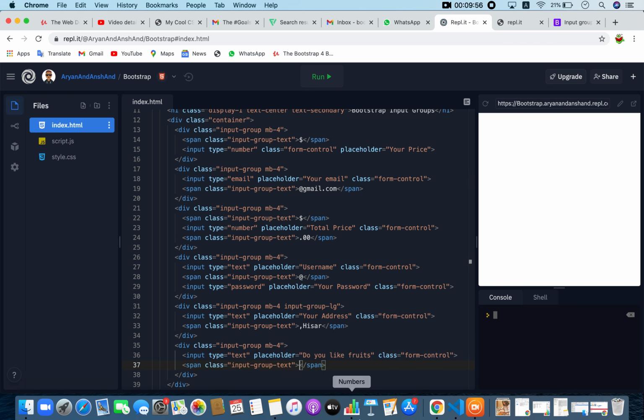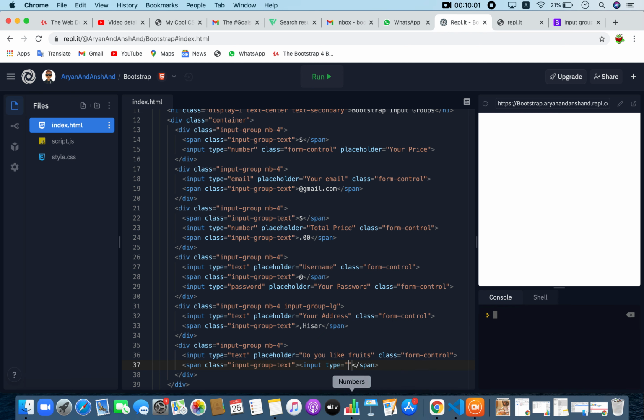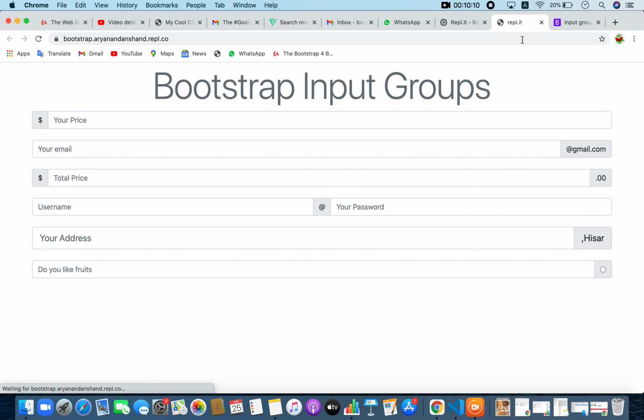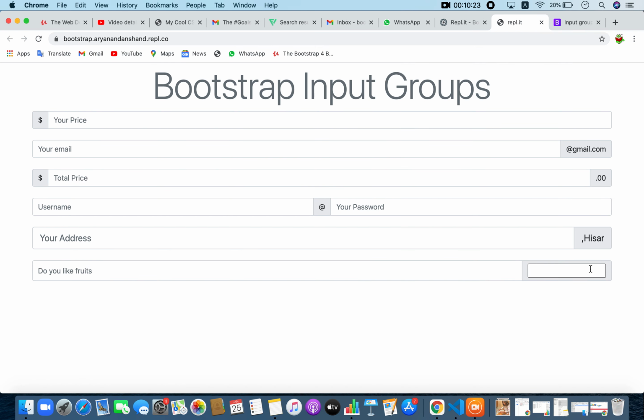And in this span, I'll create another input with the type of radio, just like that, and we have a radio button at the end, or you can do a checkbox. So here we have a checkbox.